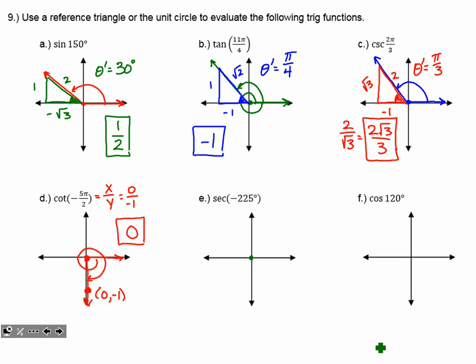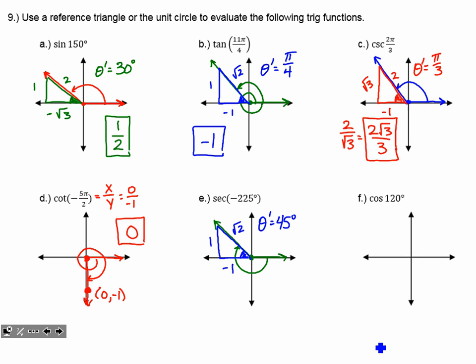Letter E, secant of negative 225. Let's draw it. Well, that's 180 in the negative direction and another 45 degrees. So we're here. There's a surprise, yet again in quadrant 2. If I construct that reference triangle, here I see I overshot the axis by some amount. So to find my reference angle inside, how much past 180 did I go? Well, that's 45 degrees. 1 to 1 to root 2, we've made a 45-45-90. Need a negative sign there because that leg on the x-axis is going in the negative direction.